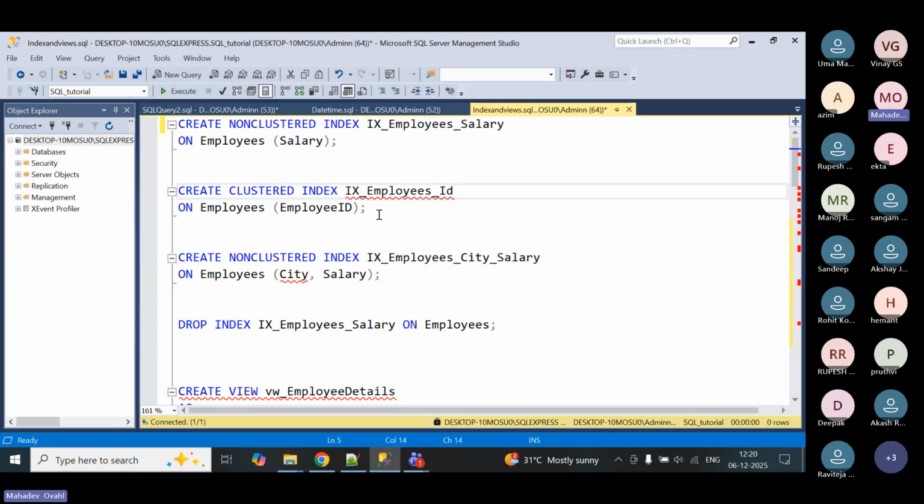If you have more points regarding this, you can please add. You are telling that when we create a primary key, a clustered index is automatically created, but for non-clustered index,